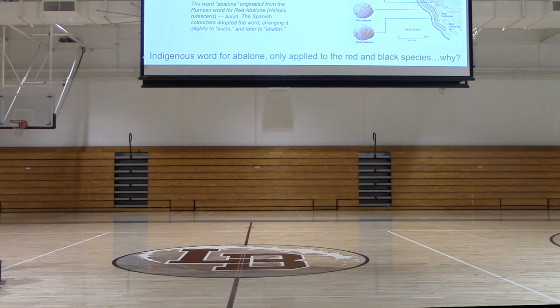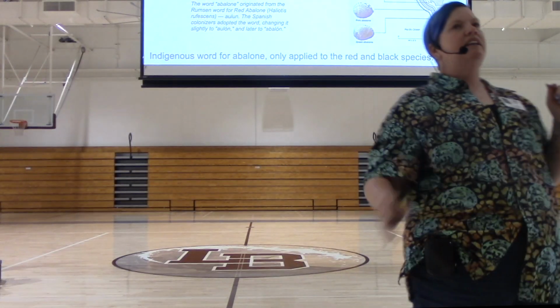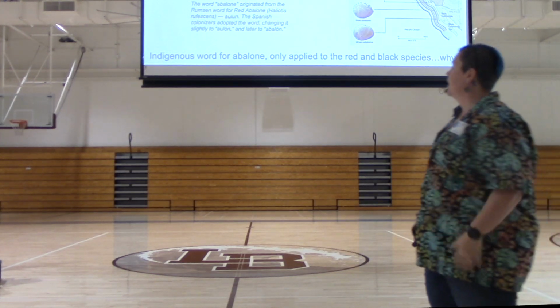So I've got samples of these up front for you to take a look at if you want, as well as informational cards on all 7 species of abalone here in California. You can see from our image there, we do have 7 species of abalone here in California, ranging the entire coast, including going up the Pacific Northwest and down through Baja, Mexico. All 7 species of abalone in California are endangered.